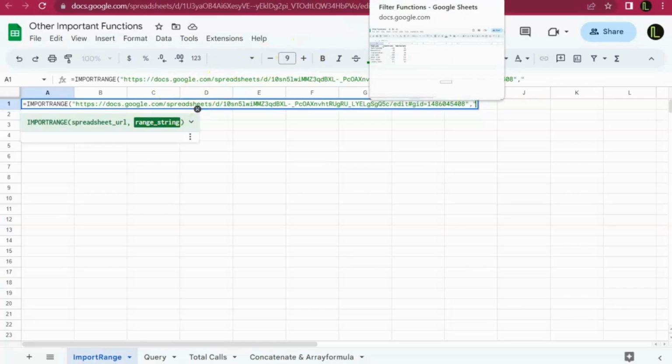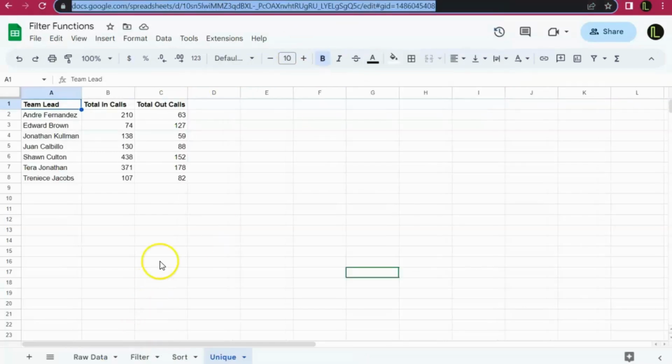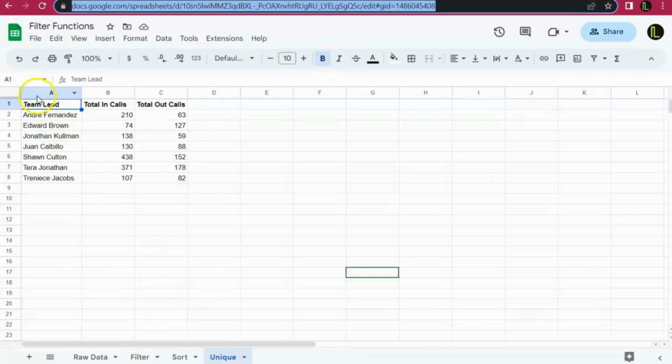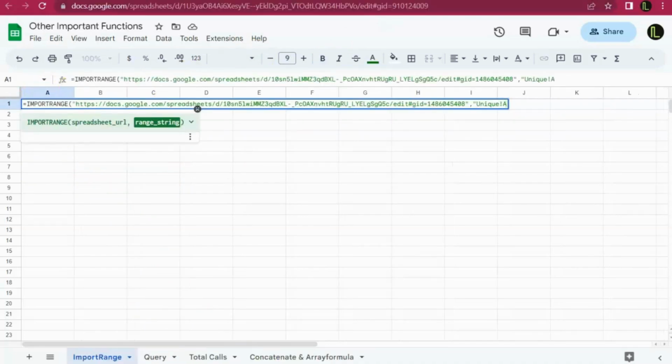So here, if we have only one sheet, then you can just mention the range, for example A2, column A to G, or whatever you want to import. Otherwise, if there are multiple worksheets, first you have to mention the name of the worksheet. The name of this worksheet is unique. So we will first mention the name of this worksheet, unique, then we'll put an exclamation mark, and then we will mention the data range in this unique sheet, which in our case is A to C. So we mention the data range A to C, and then close with another double quote, close the bracket,